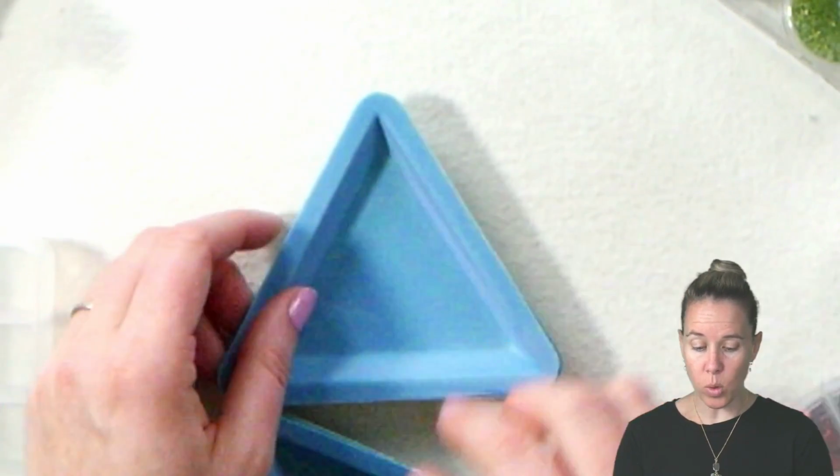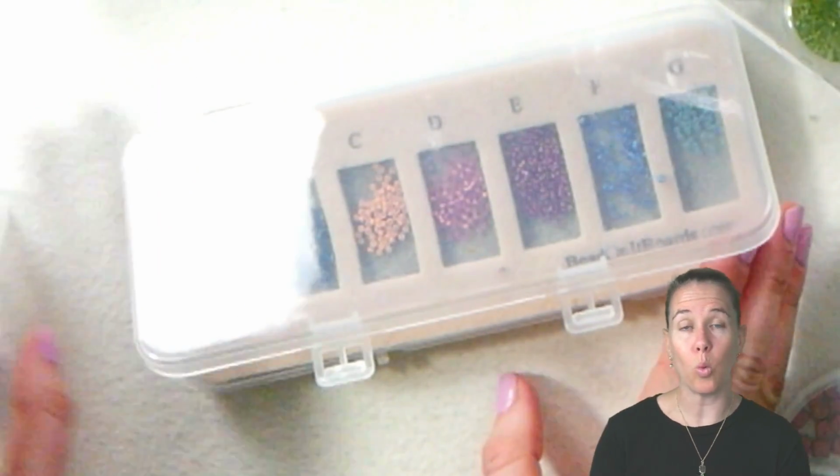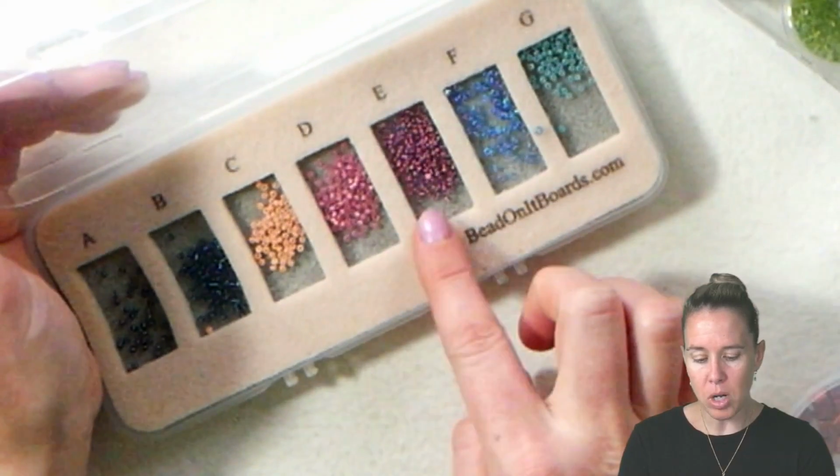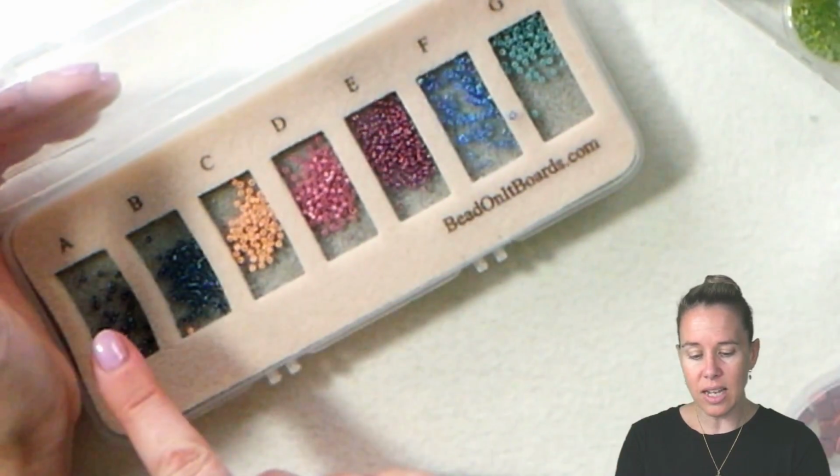Likewise, to keep beads organized. If you have an intense pattern or an intense collection of colors, you may want to look at getting something to work on and to store your beads while you are actually making your project. So here we have a bead on a boards sorter, and this has A through